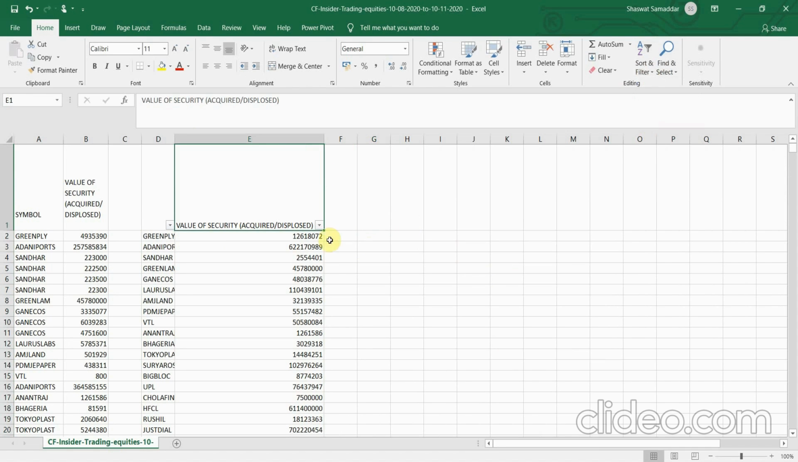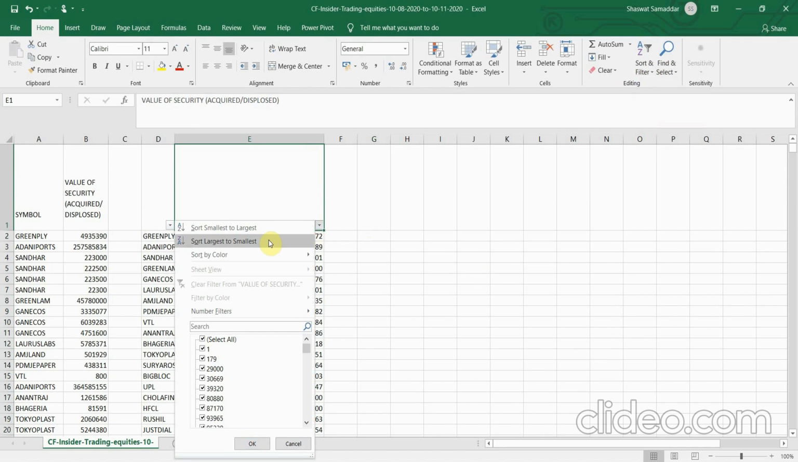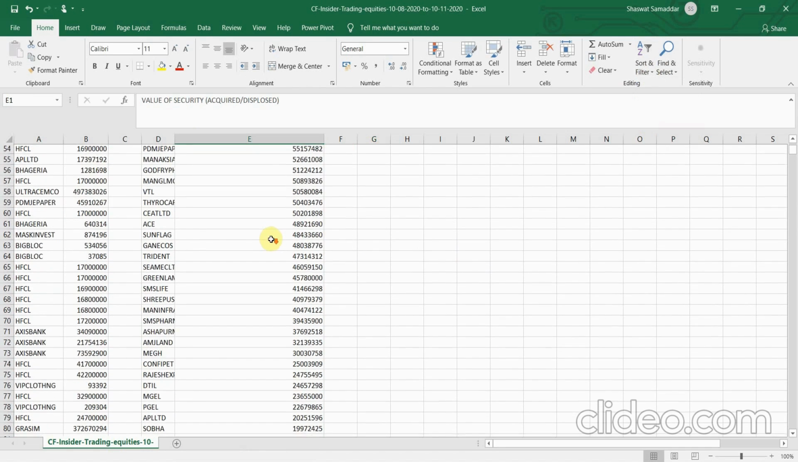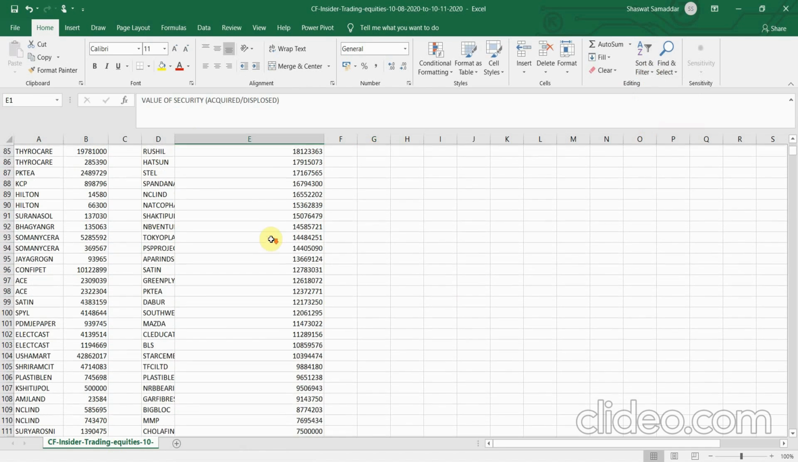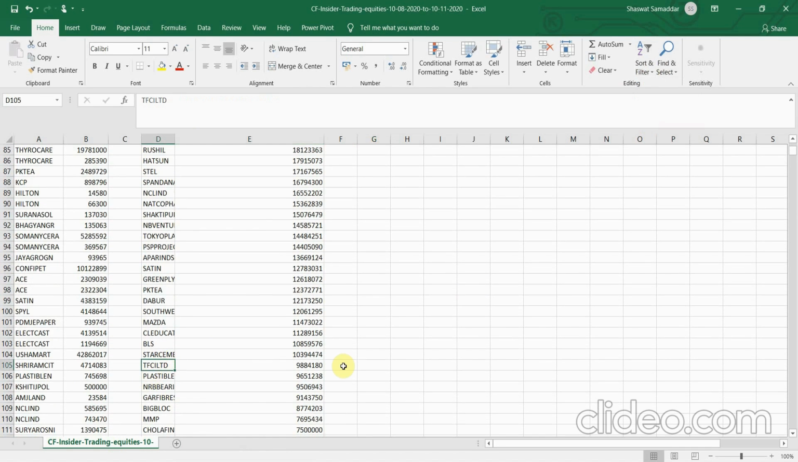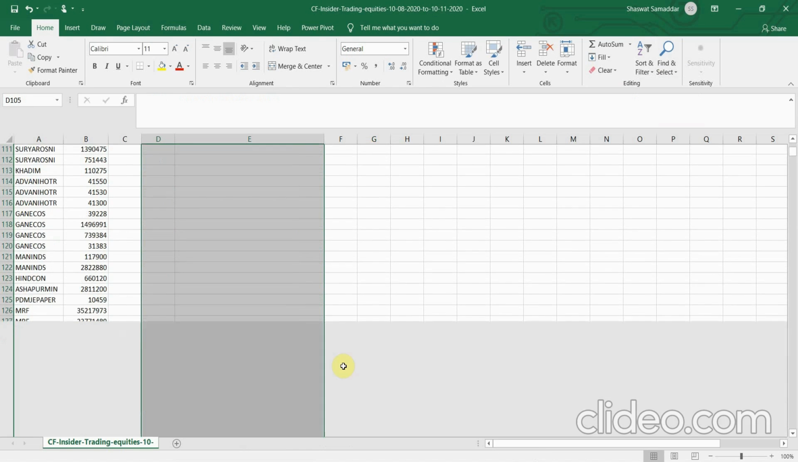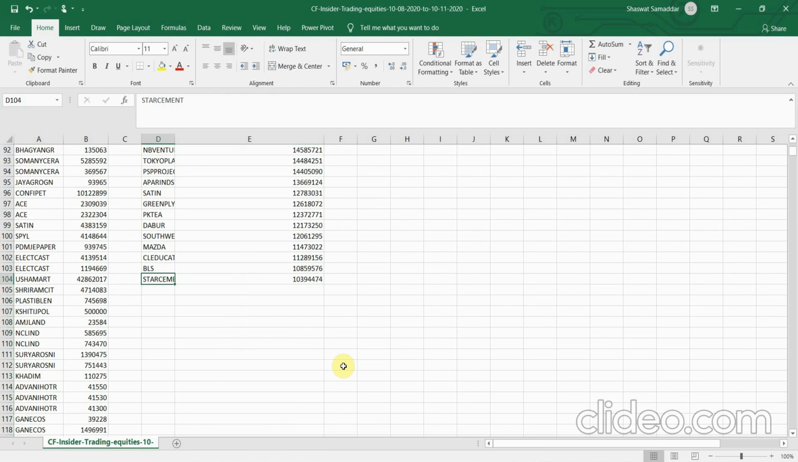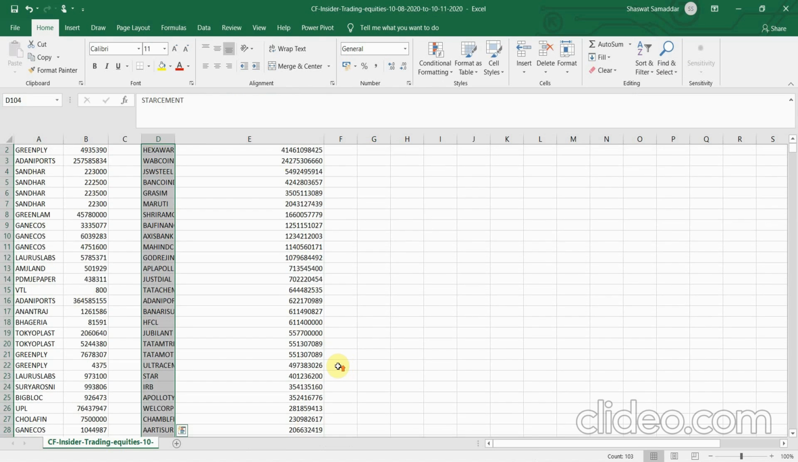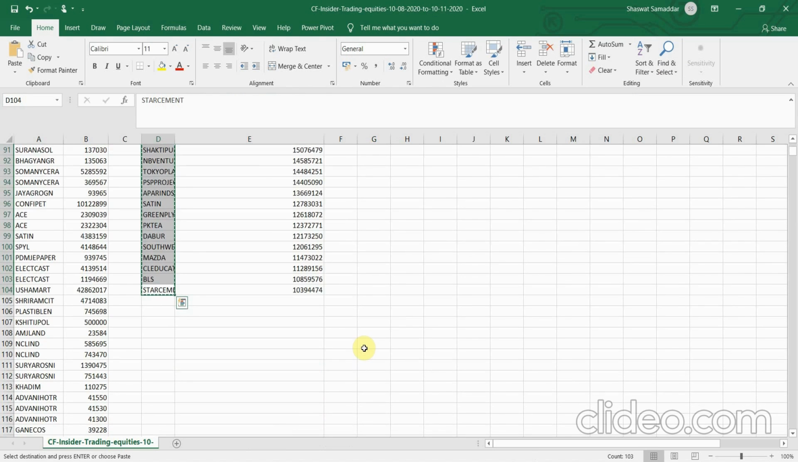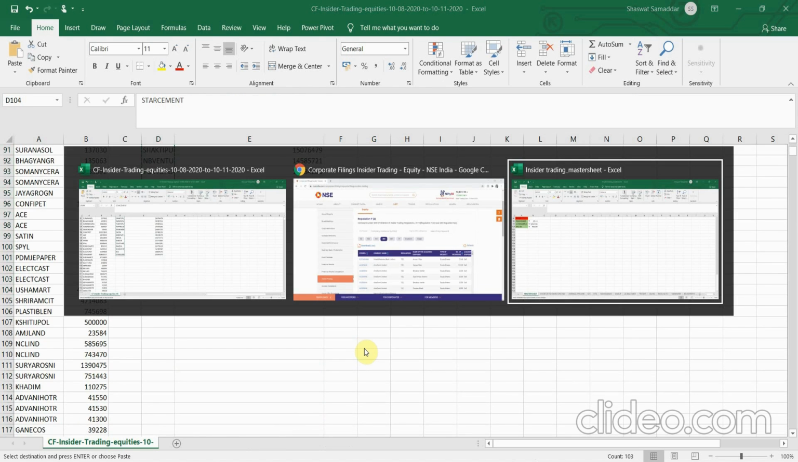Okay, so I'll sort it from largest to smallest, and I'll delete all the rows which have a value of security acquired slash disposed less than 1 crore. Okay, once we have done that, the work of this particular Excel sheet has been served. So let me just copy down these symbol names, and now we will move to our insider trading master